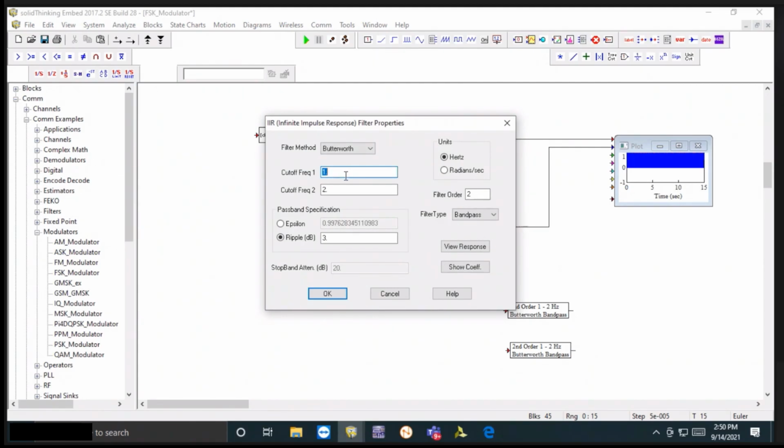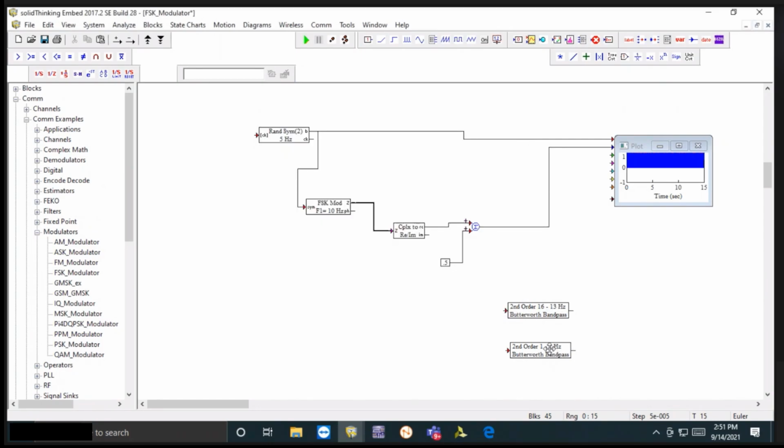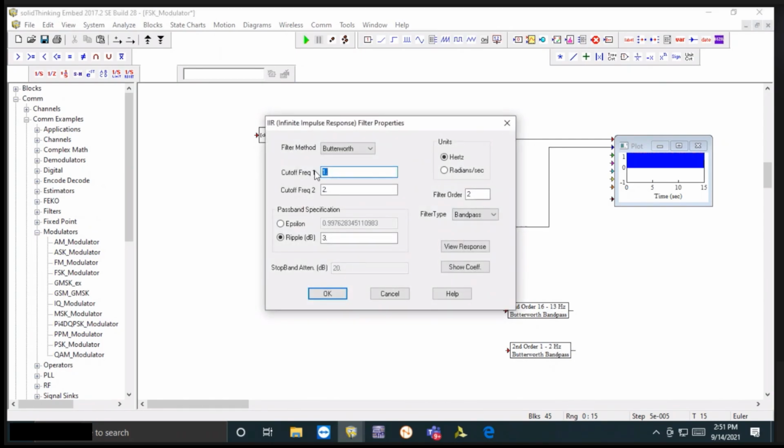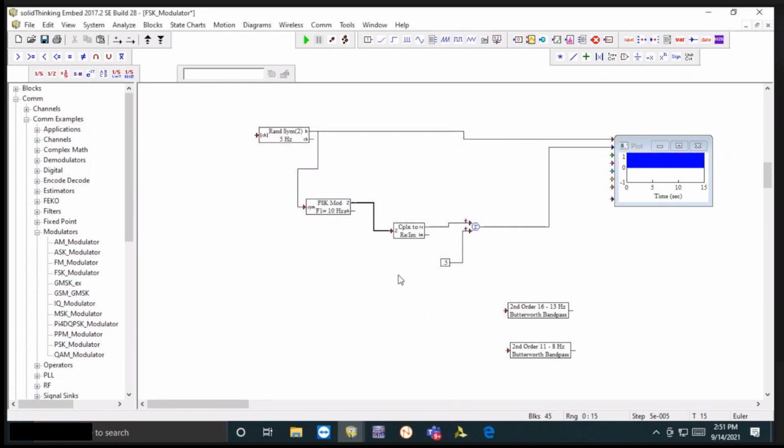So the higher frequency component we have to take is 15 and the lower one is 10. So if we take for 12 to 16, or 13 to 16, okay, and for this one we'll take say 8 to 11. So it will respectively allow